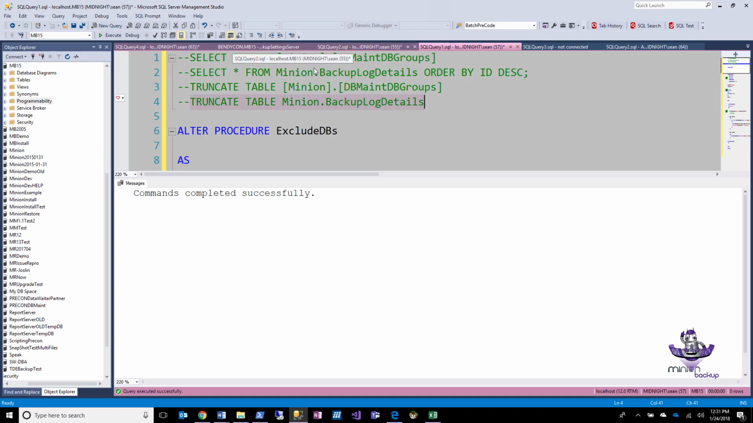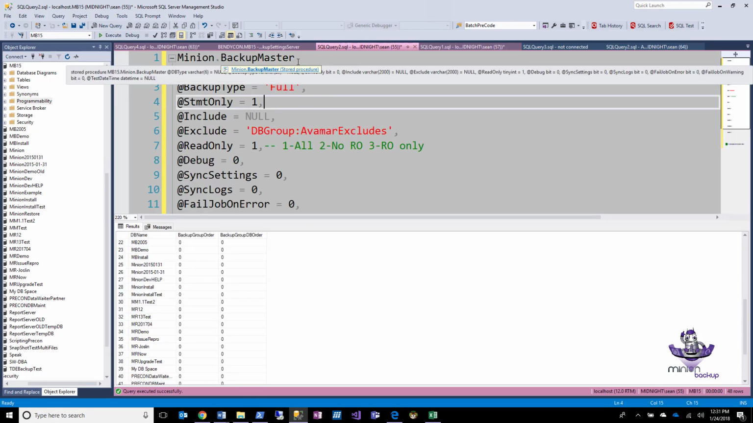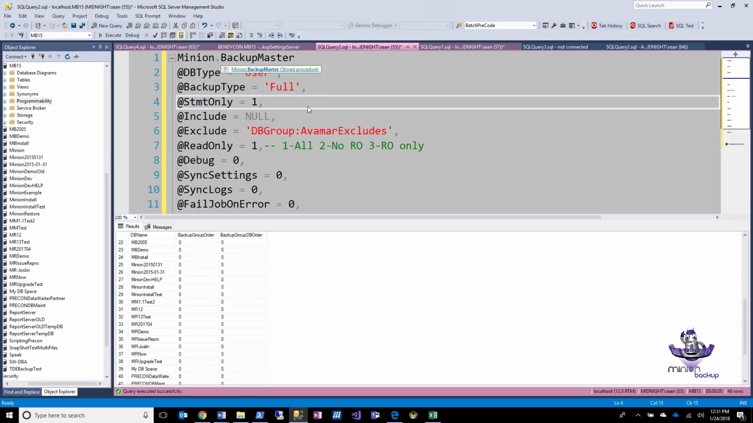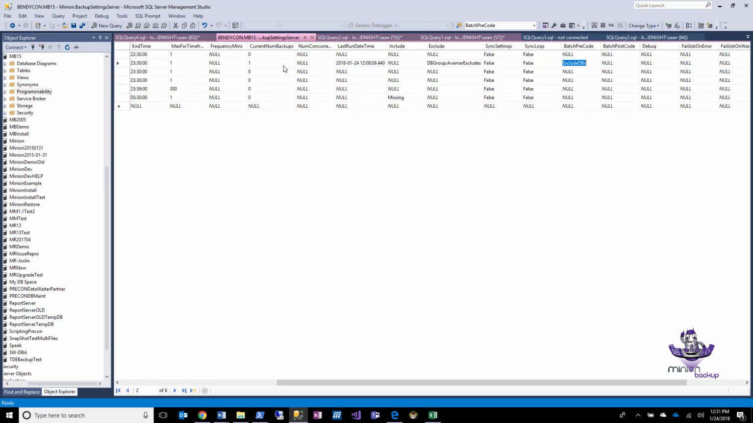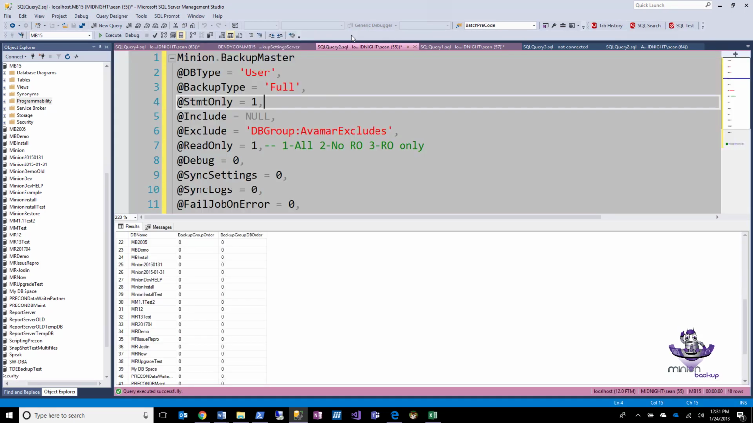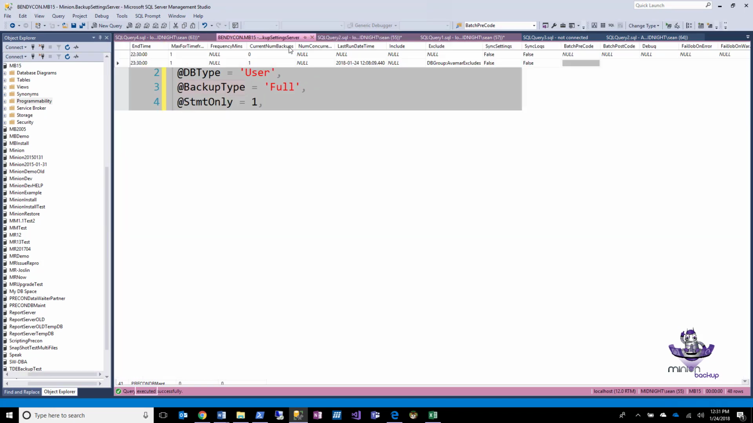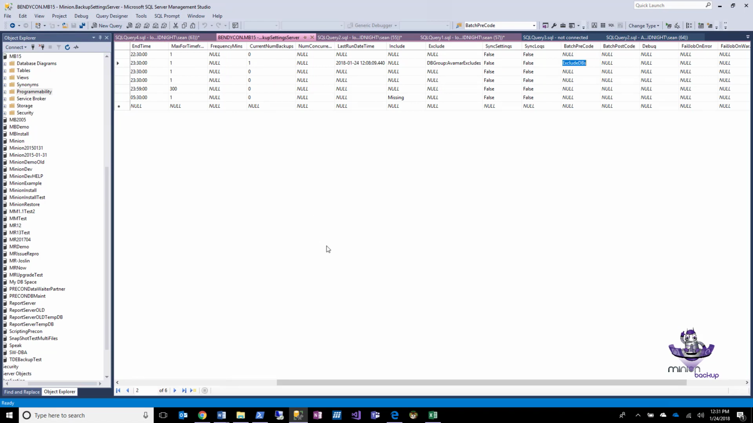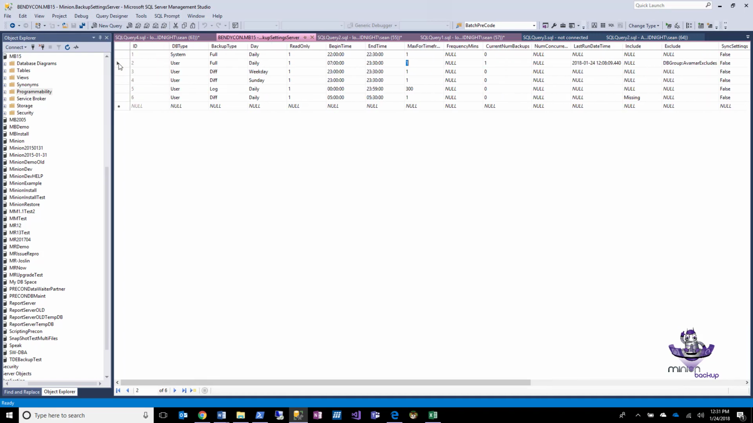There we go. So in order to run a backup from the settings server table, the backup type has to be null. Okay? And it's going to pick the next one. It's going to pick the next backup type. So you see here I've got max for time frame. This is the one I'm interested in right here. So I've got max for time frame